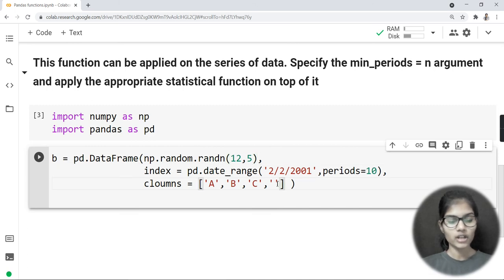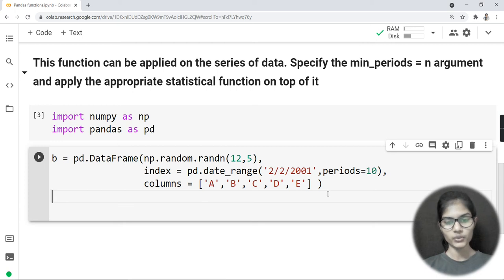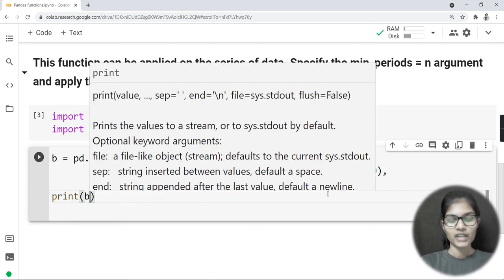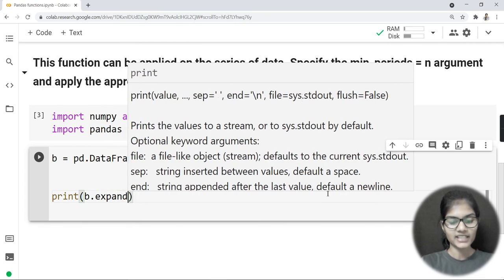So each and every column will also have one name associated with it, right? So in that case, I need to pass 5 column names here. I need to check the spelling for the columns, otherwise it will show me an error at last. Fine, so that is A, B, C, D and E. These are the names for my 5 columns which I have passed, and yeah, now I would just come down, and here I would just use my print statement. So print in the bracket, what I am just going to do, I would write B dot expanding.